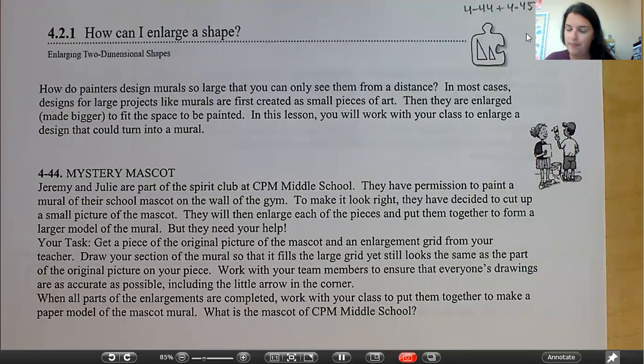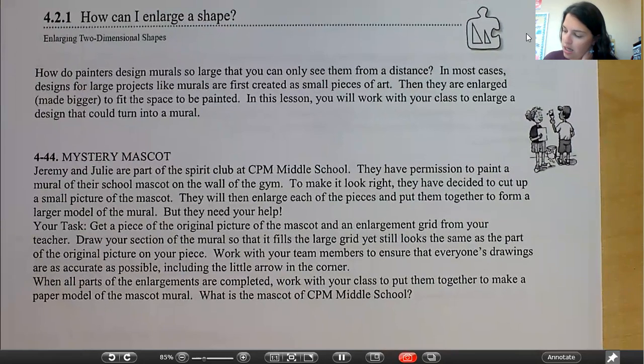4-44, Mystery Mascot. Jeremy and Julia are part of the Spirit Club at CPM Middle School. They have permission to paint a mural of their school mascot on the wall of the gym. To make it look right, they have decided to cut up a small picture of the mascot. They will then enlarge each of the pieces and put them together to form a larger model of the mural, but they need your help. Your task: get a piece of the original picture of the mascot in an enlargement grid